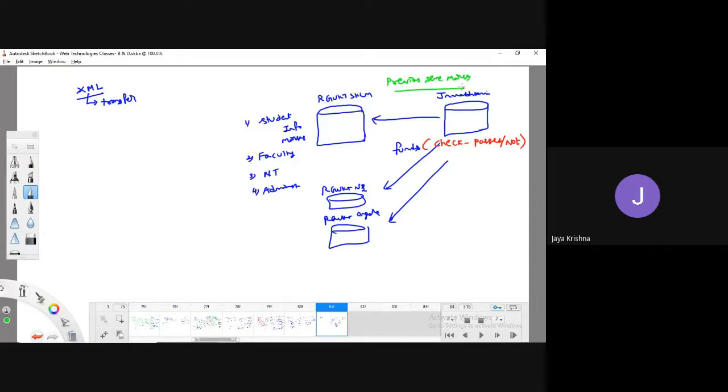what do they have to do? They have multiple solutions. Among those, one simple way is to log into the individual student ID.